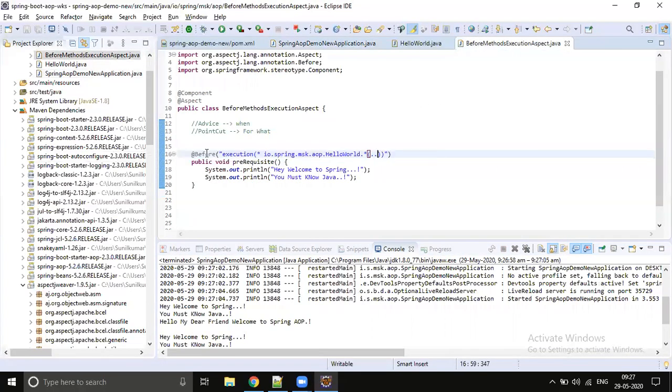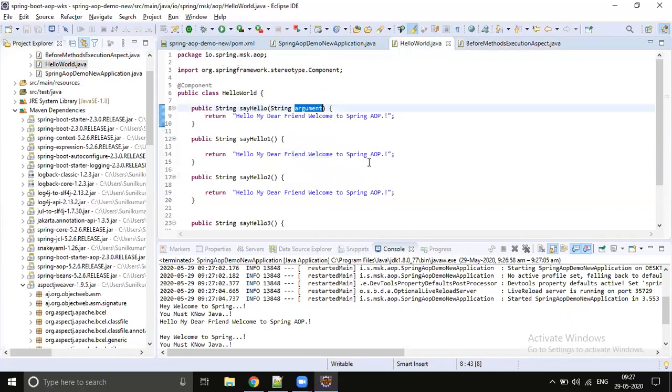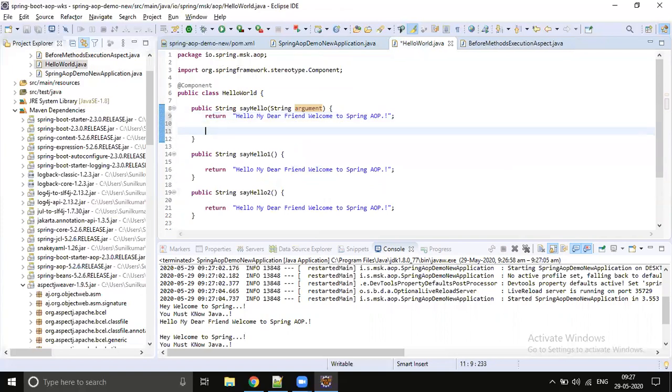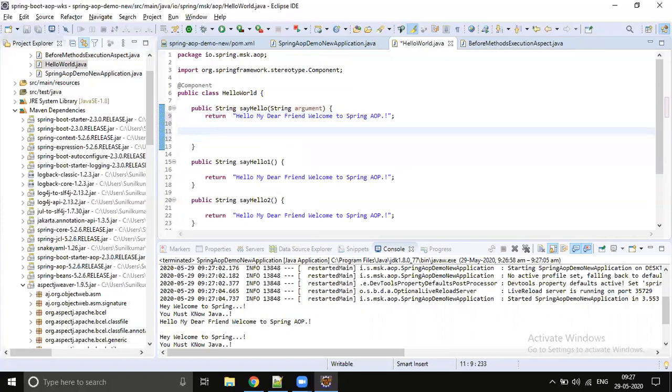So this is for before, right? We are doing something before, but now let's go to say hello and throw some exception. I'm just showing this. Manually we are throwing the exception, but in real time you get some exception based on a scenario. Mobile not found, you throw some exception, right?